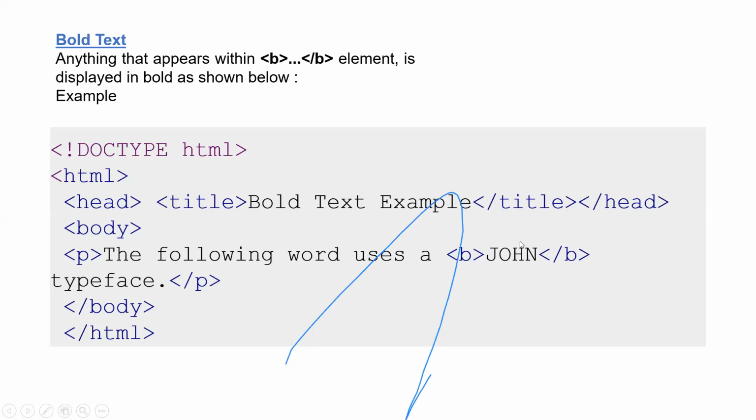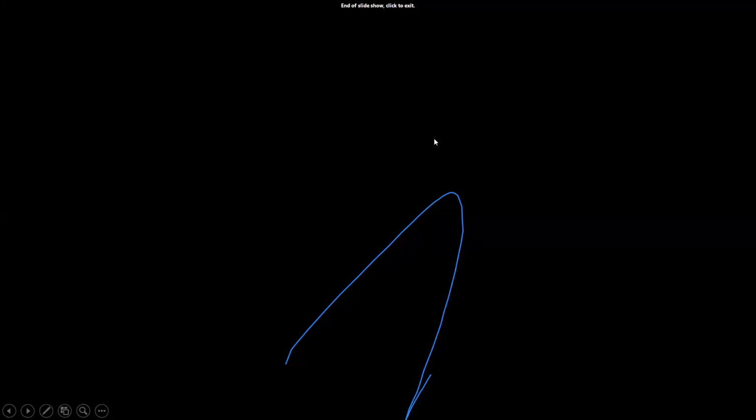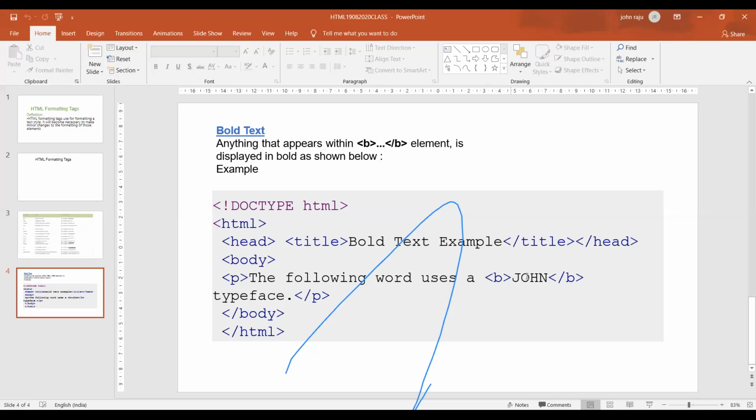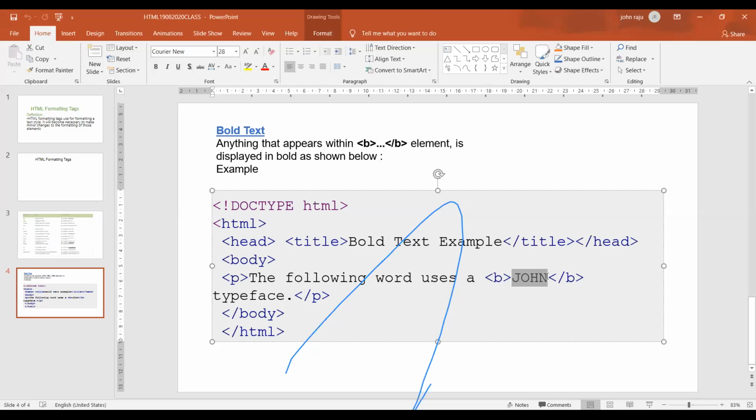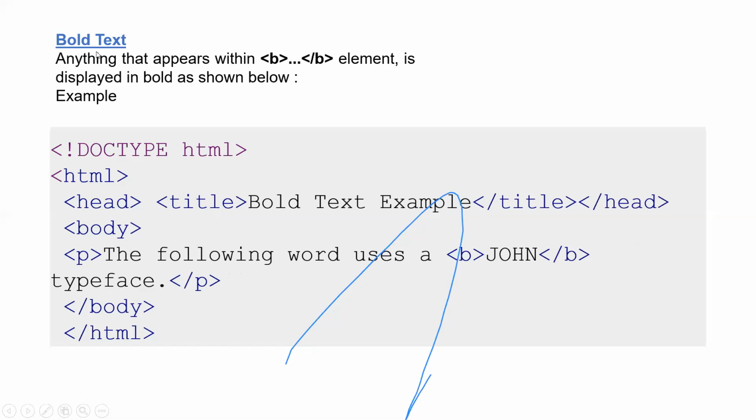Within the bold tags, whatever text is there, here John text is there, so this John text appears in the output as bold. Then close the paragraph, close the body tag, and close the main HTML tag. So this is a simple example of bolding the text.